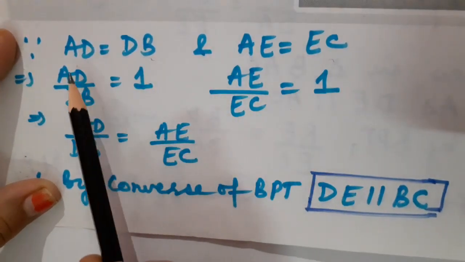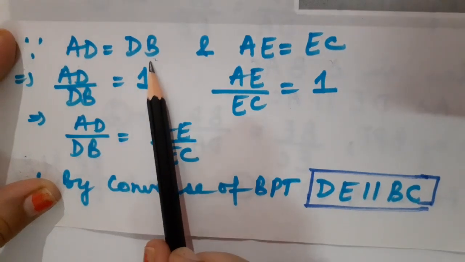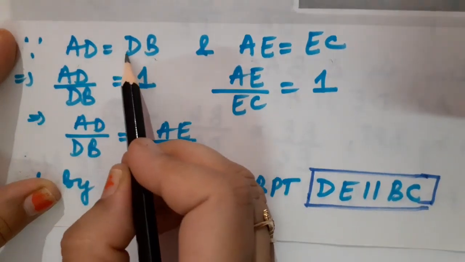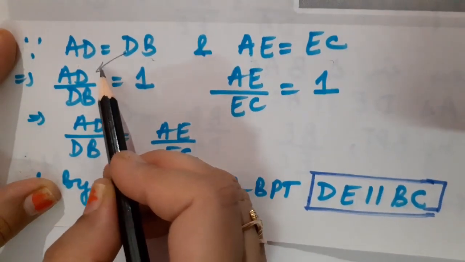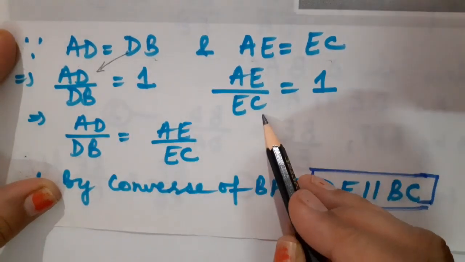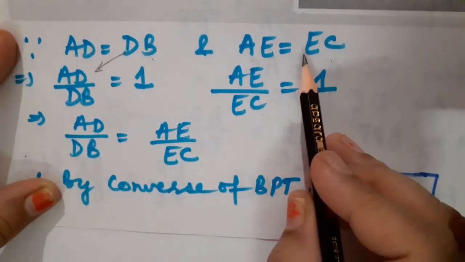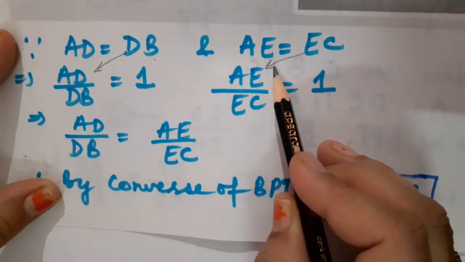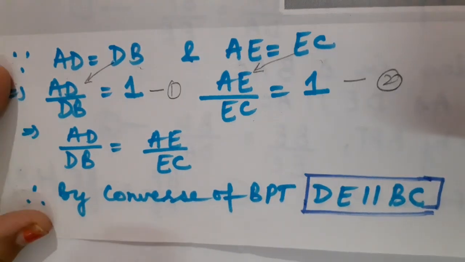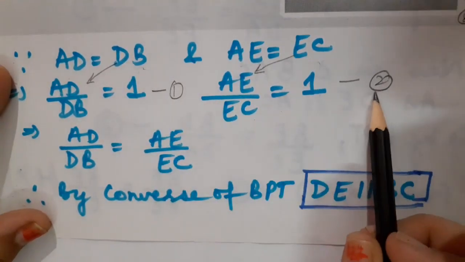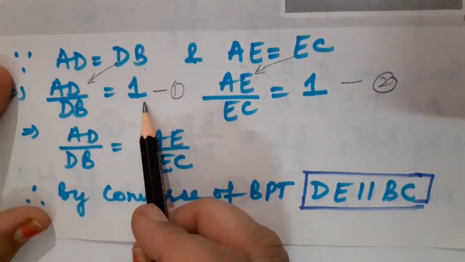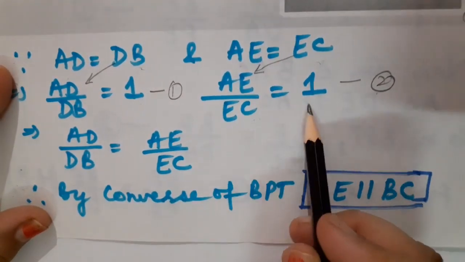Okay. So if AD is equal to DB, then can we write AD upon DB must be equal to 1, because this DB I have brought here at the denominator place. Okay. AE upon EC will also be equal to 1. Again here EC I have brought on the left hand side at the denominator place. Got it children? So children, let us consider them as equation number 1 as well as equation number 2. When AD upon DB is equal to 1, AE upon EC is also equal to 1.